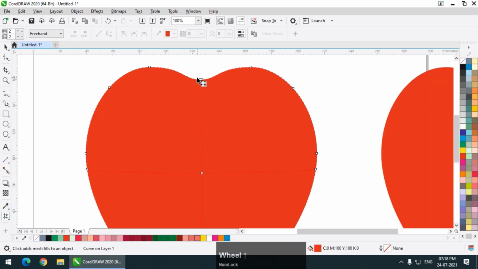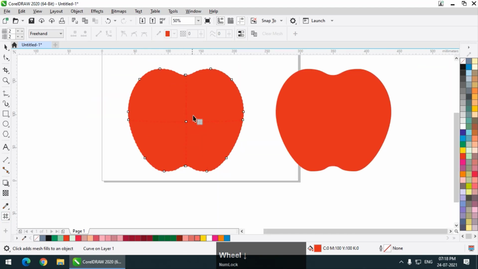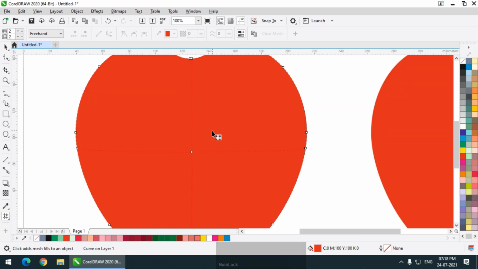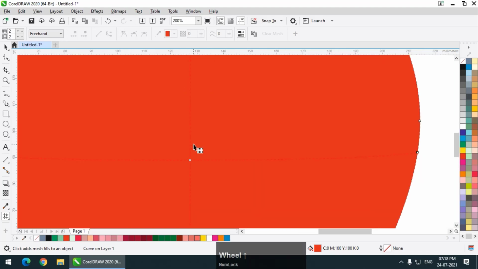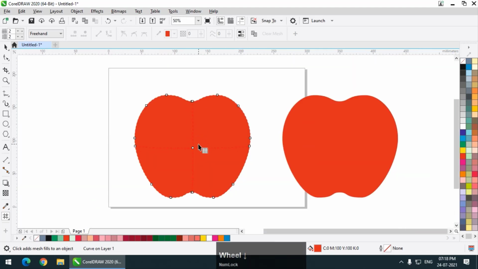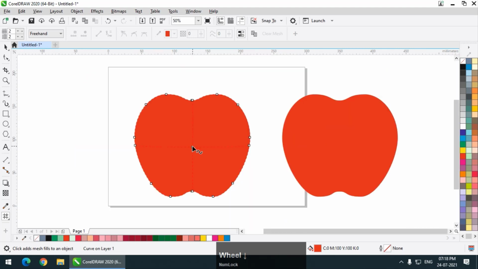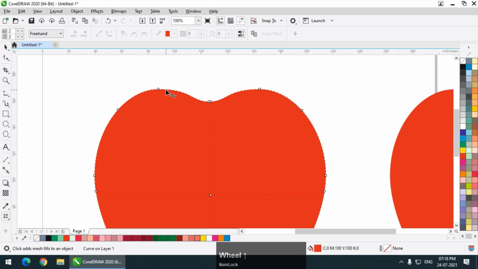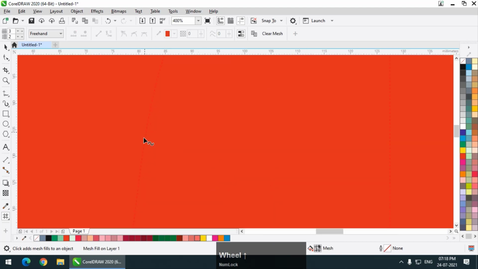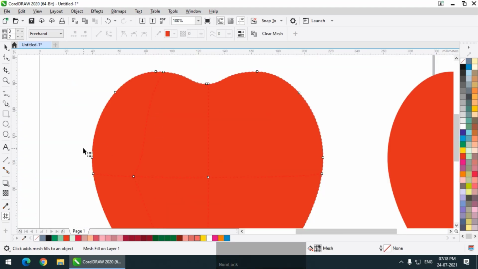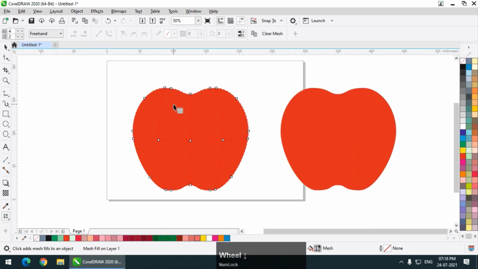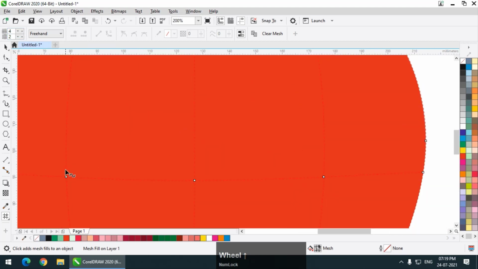Now as you can see, we already have a couple of rows and columns, but because the color is similar, it's very difficult to see, but we will only concentrate on these points. So there are two ways to add rows and columns. You can simply double click on the side, so it will add, as you can see, columns, and you can simply double click over here also, so it will again add rows. So I'm going to use this property bar to add. As you can see, I have added like this.